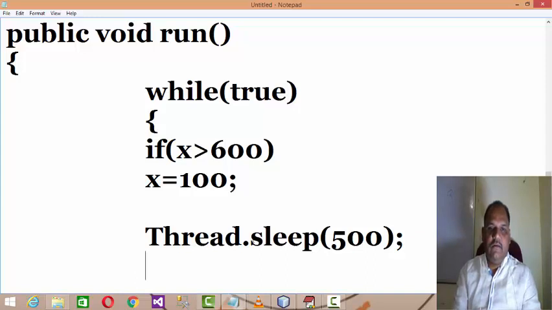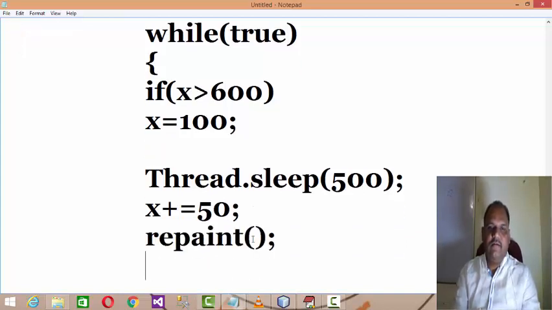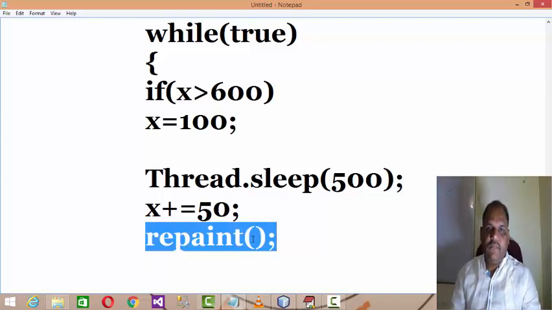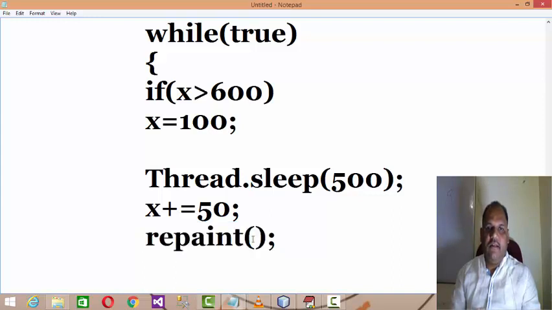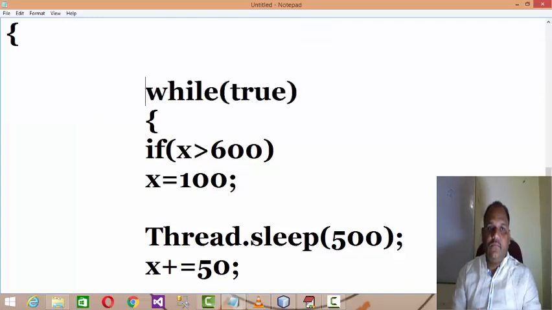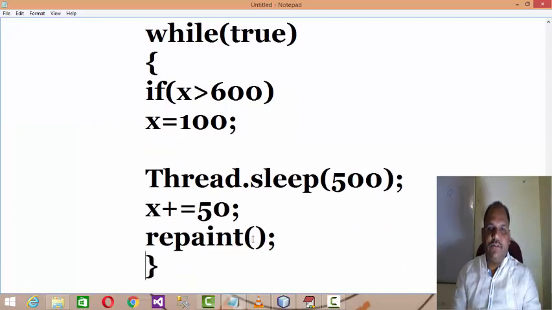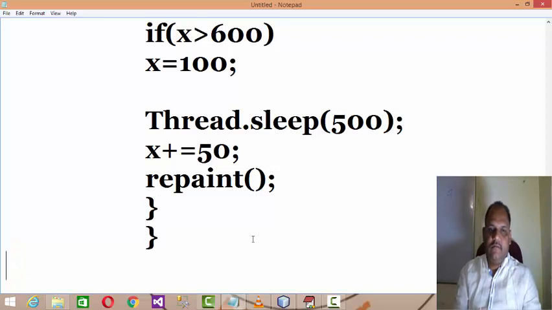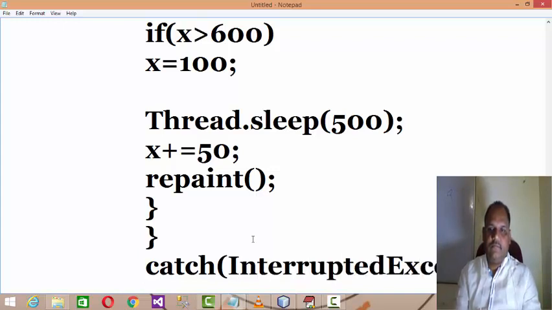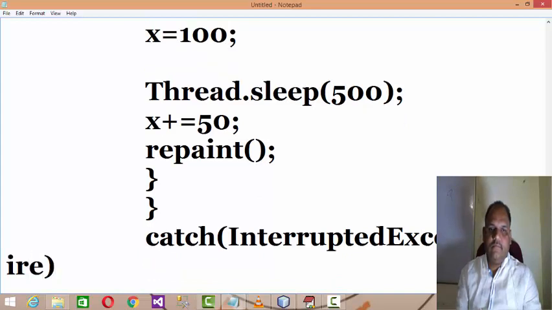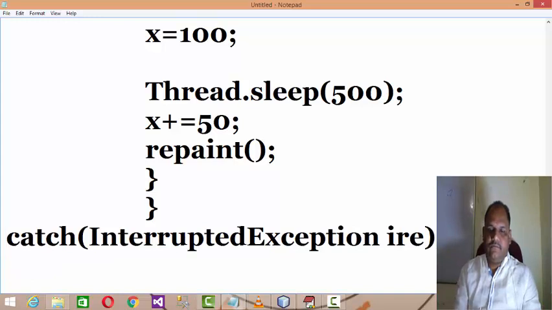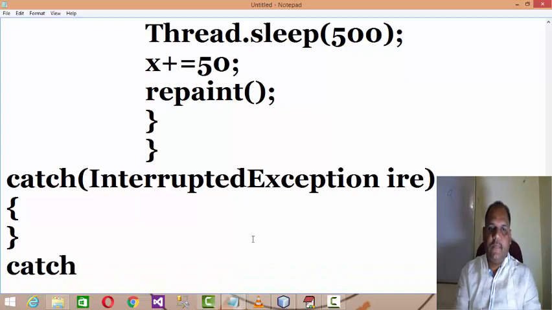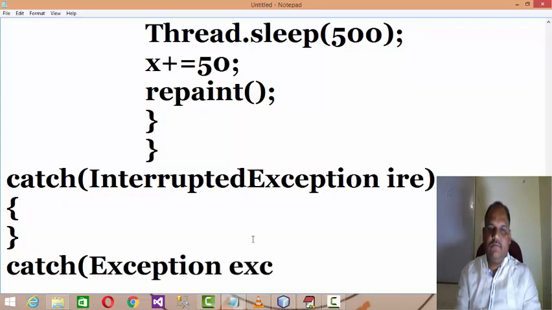Then with this updated value you update x plus equals value, and repaint. Repaint will again give a call to paint. And as you are using the sleep method here, you need to catch the exception, that is, catch InterruptedException, as well as catch the exception, right?